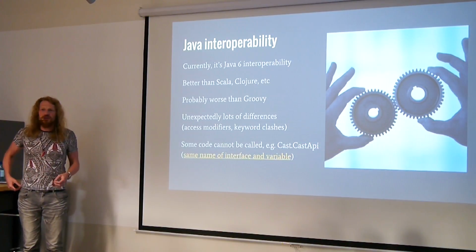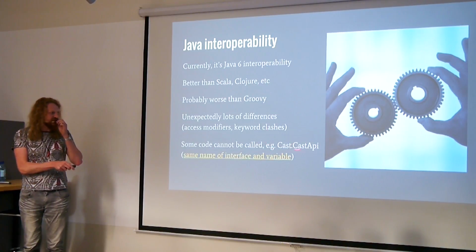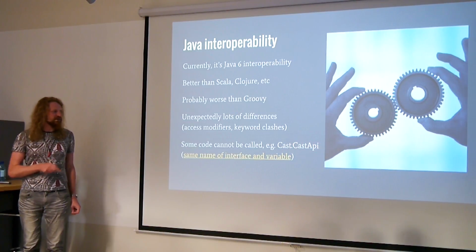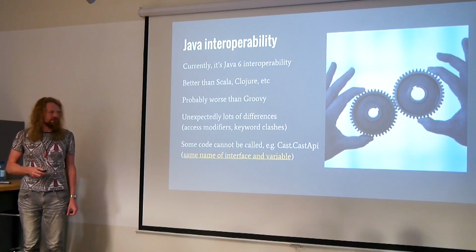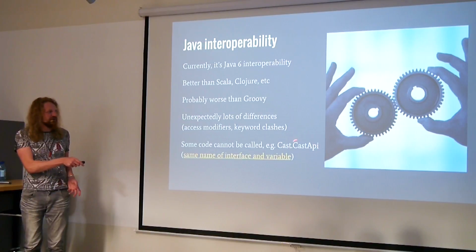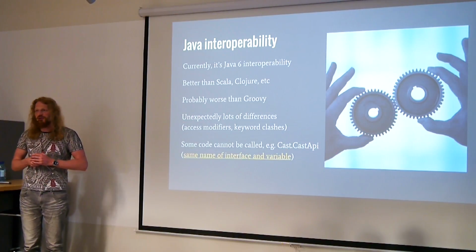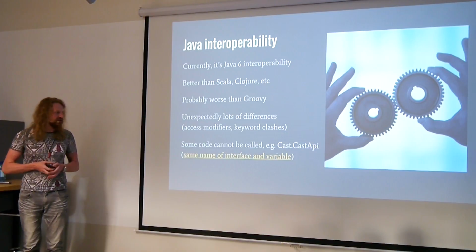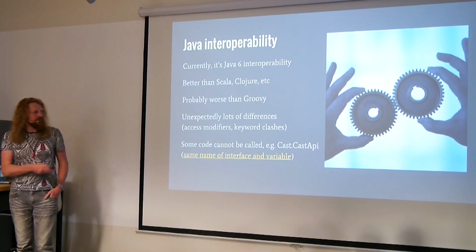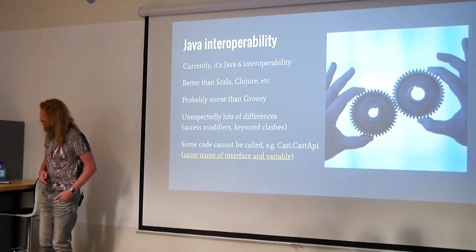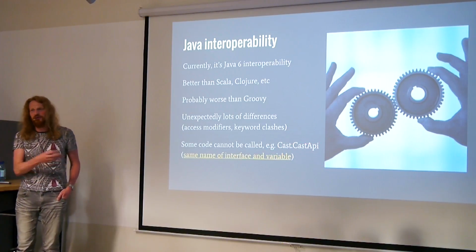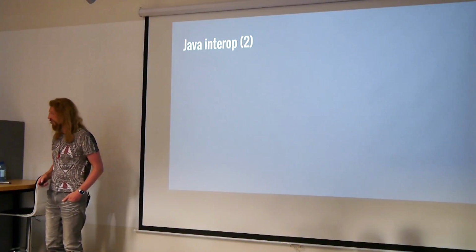And for the Kotlin compiler, it will see the interface first, and it will not allow you to dereference anything. And the Java compiler is a little bit smarter. If you use it as a field, it will allow you to use it as a field. If you use it as an interface, it will allow you using it as an interface. And the Kotlin developers actually had some reasoning why they did that, but they said that maybe they will fix it in some later versions. It's easy to have a workaround. You just assign it to a variable, and then you call the methods on it. So not a big problem.